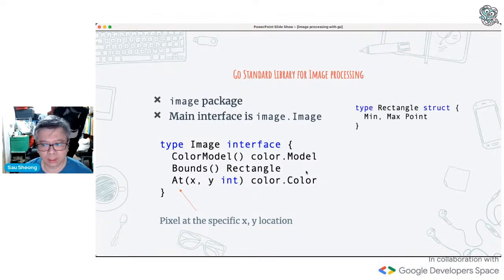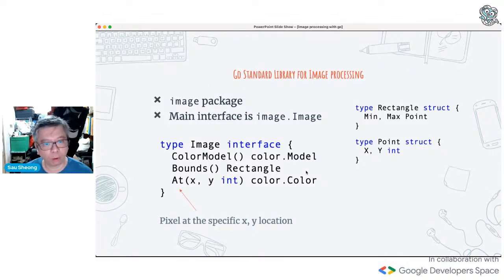The other structs and interfaces you will use: Rectangle. Basically, it's a rectangle. It has a Min and Max point, which are the two points that define the upper left and the lower right of the rectangle. Point, again, is very straightforward.